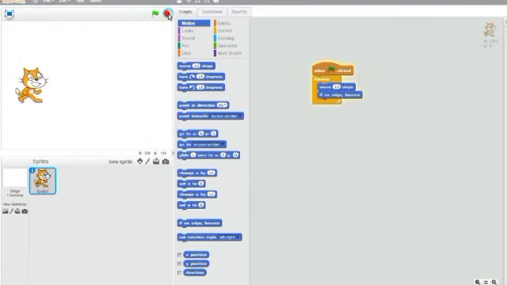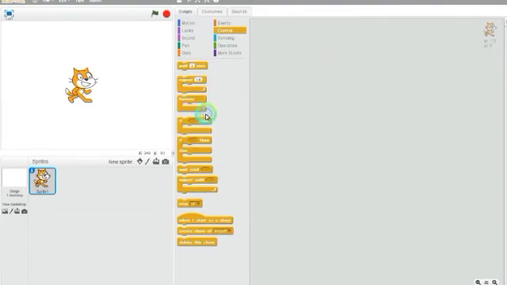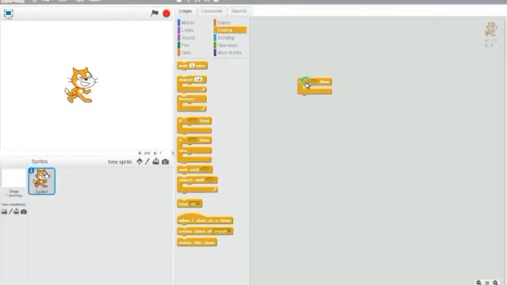So if I want to stop it, I have to click on my stop button. See, now it is stopped. My code is stopped. Now next is if else. When we put a condition, this sprite will follow my condition. In this code, if the condition is true, the sprite will follow that, and if the condition is not true, it will not follow that.